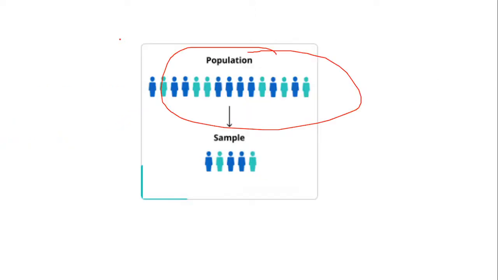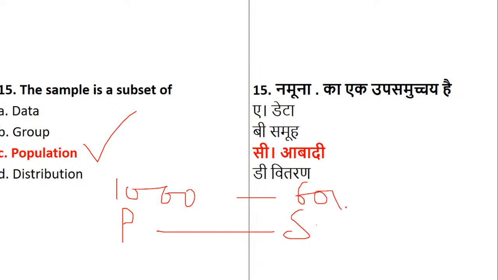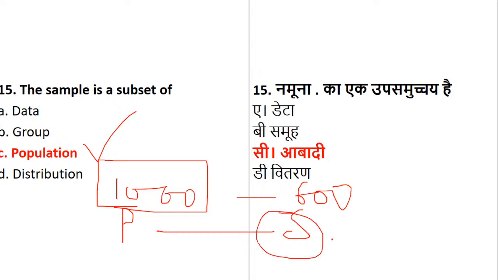15th question, Shreya. That is sample, no? See, we have a population and we take out the sample from that. Like your population is 10,000, but out of 10,000 only 600 people have responded. So 10,000 was your population and out of it 600 is the respondent, that is a sample. So sample is the subset. It means it comes out of what? It comes out of population. Is it clear? Okay.